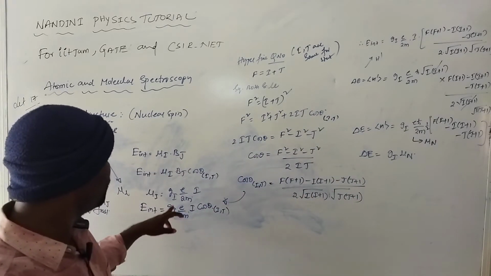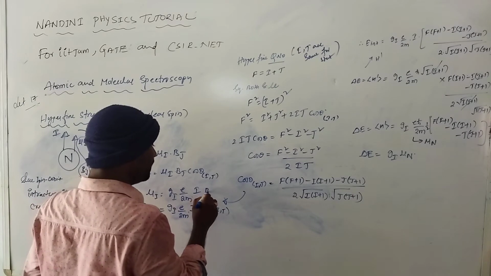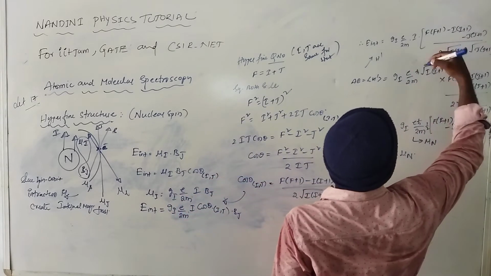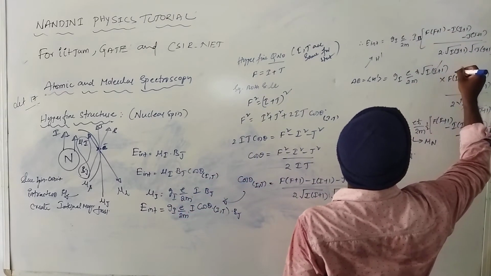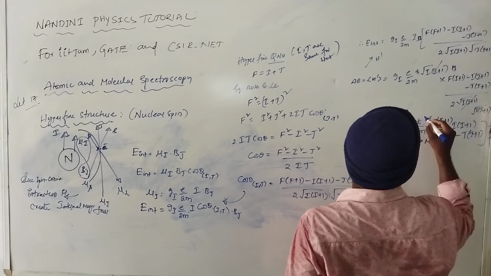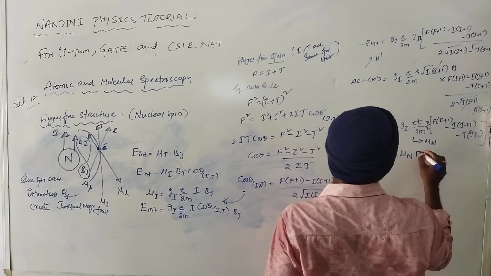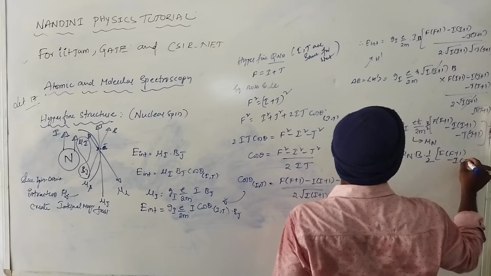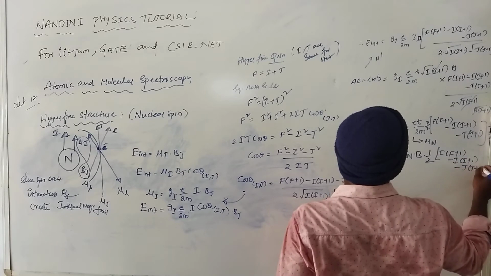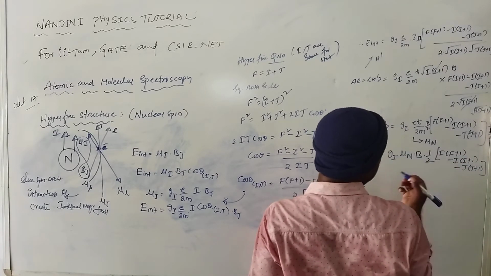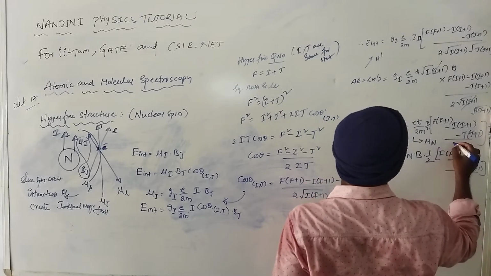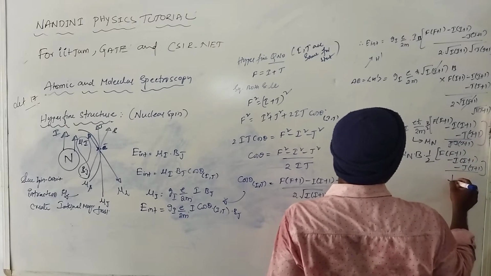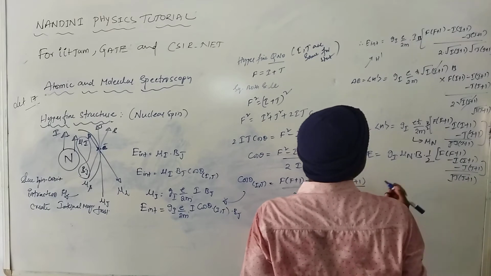So, that is B, because I did not write the magnetic field here, magnetic field B_j. So, this is a magnetic field. Right now I introduce here a magnetic field B, and here I will write B by 2. So, B into 1 by 2 into f plus 1 minus I into I plus 1 minus j into j plus 1. Okay. So, this is right now divided by root over j into j plus 1, one term remaining here. So, simply write this equation.